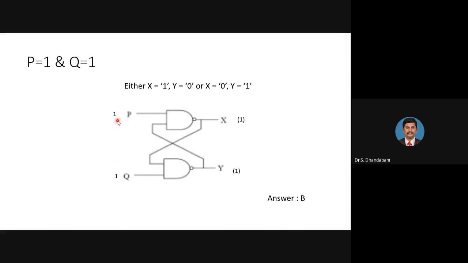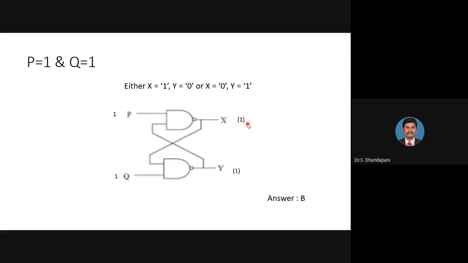While we are giving 1 as a new value and this Y is available here as 1, both values are 1 for the NAND gate. If it is an AND gate, 1 and 1 gives 1. For the NAND gate, 1, 1 will become 0. That means here I will have 0. This is one case. So I am saying that X equal to 0 and Y equal to 1. This is one possibility. And another possibility I am telling.